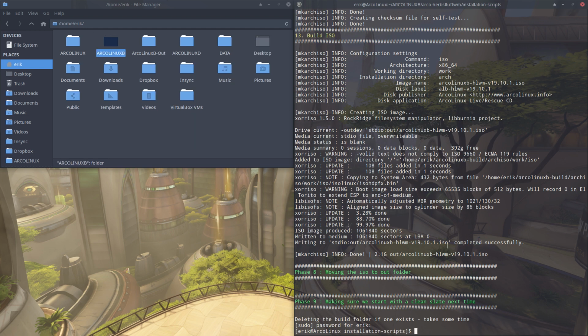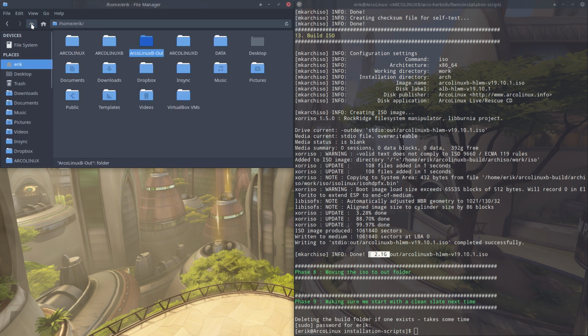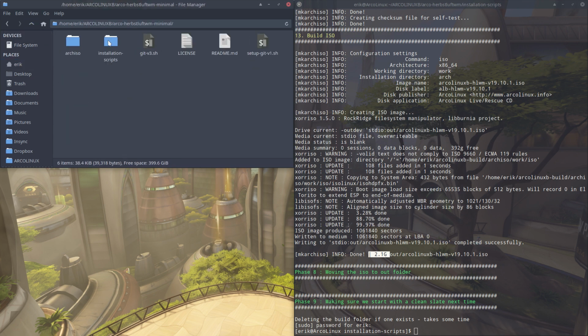And there we see we have here an output folder, and ArcoLinuxB out. We get this ISO of 2.1 gig. So it's a full ISO, otherwise it would be called minimal. And let's make one video after. Well, let's cut this video in two and make an ArcoLinuxB minimal. It's just the same thing, of course. We go in here and we'll run these. Okay,